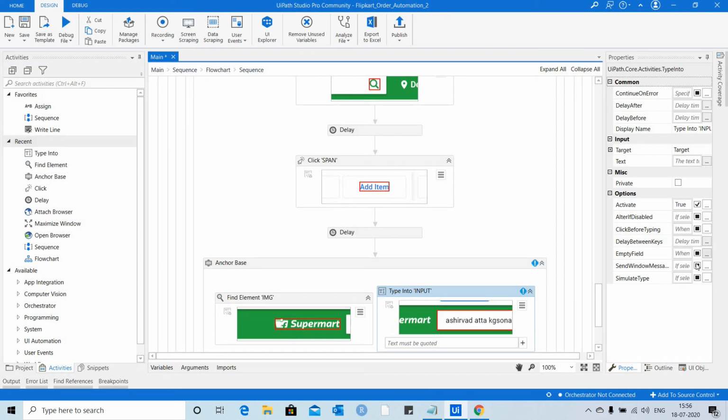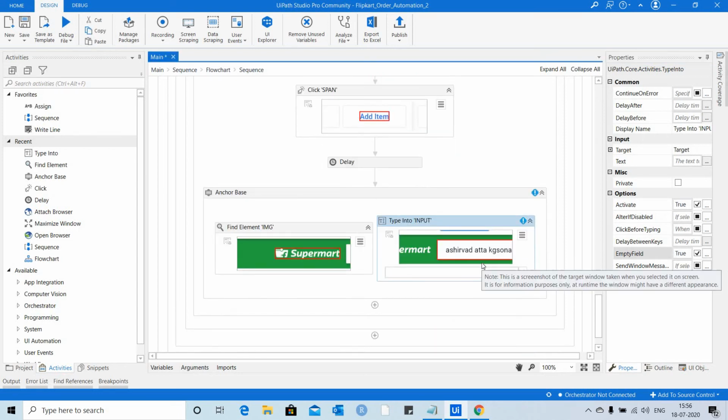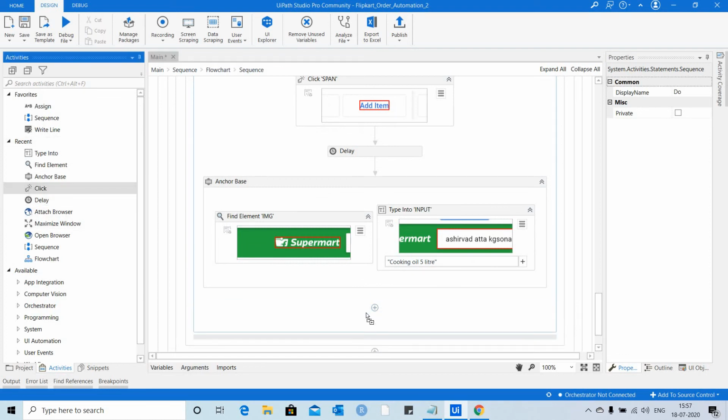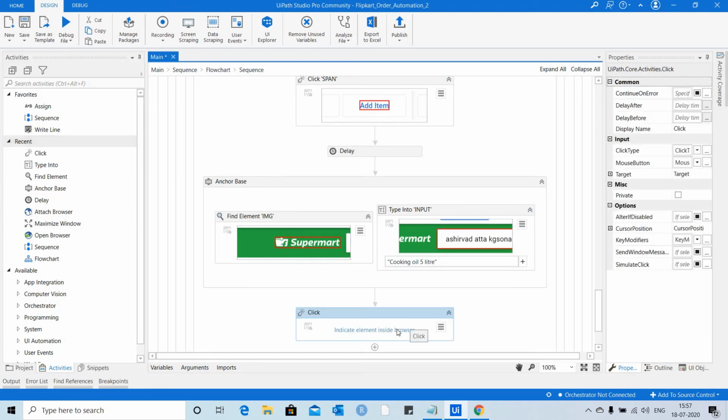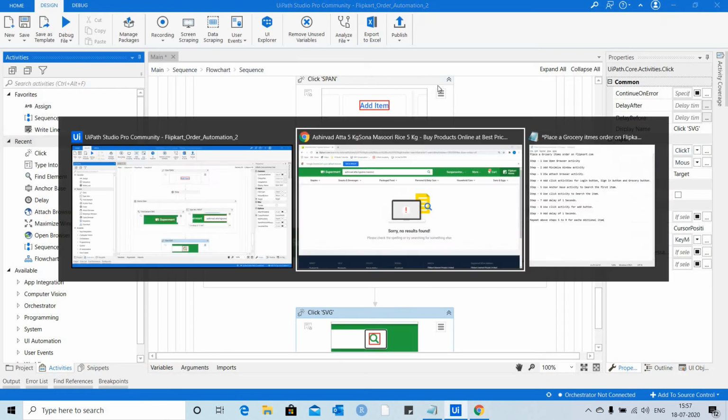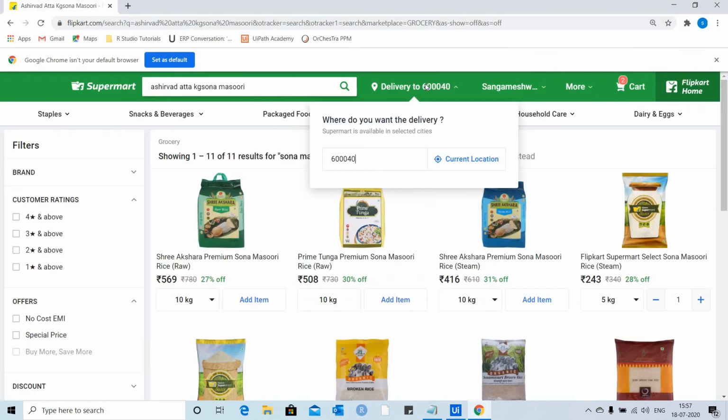Here in the properties, I'm going to set Empty Field as true, so whatever I type next, the search box is empty. I'm going to type here mobile file later, and then I need to click on search item. So for that, I'm going to use this button.